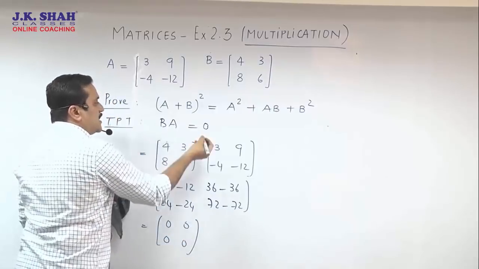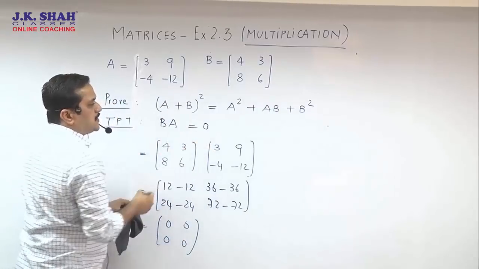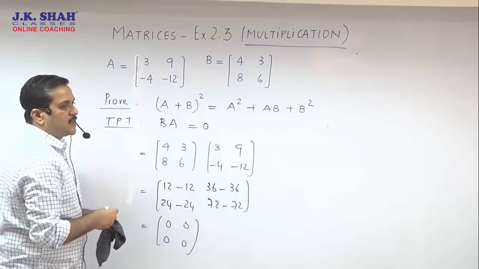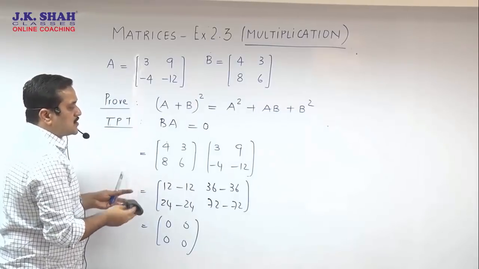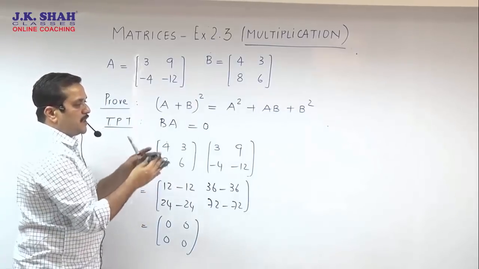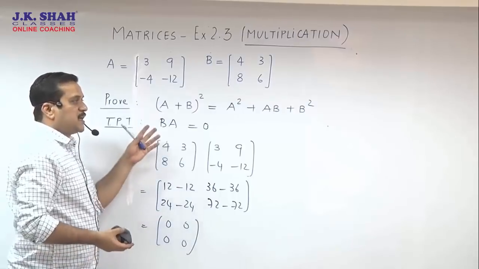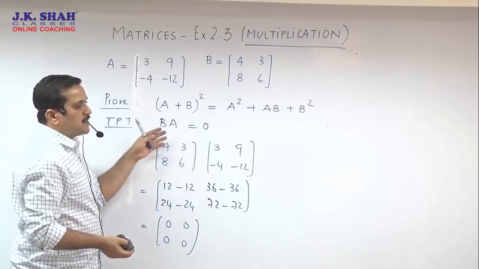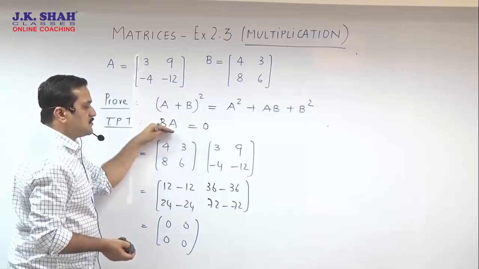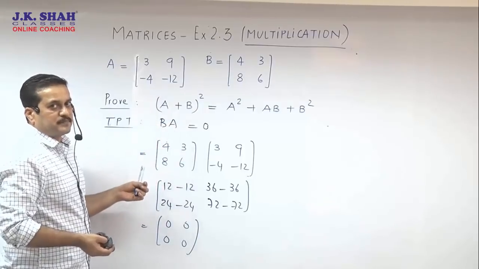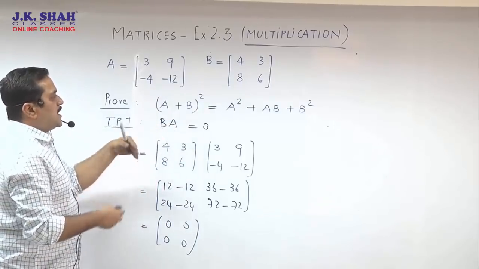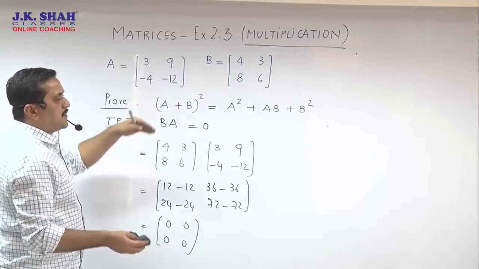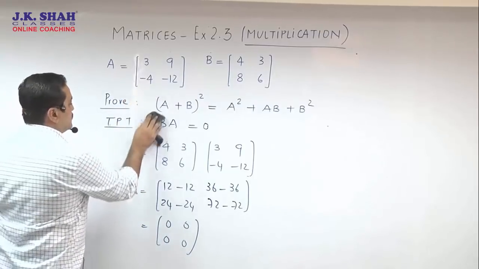So by proving BA is 0, we have proved that A plus B the whole square is equal to A square plus B square. A few students who have not seen this sum may end up doing a big laborious sum, almost a page and a half long. But if you have seen that, you can simplify and come down to this version and prove only that much. So now, based on that, I will solve the last sum which was of similar type in our new textbook.